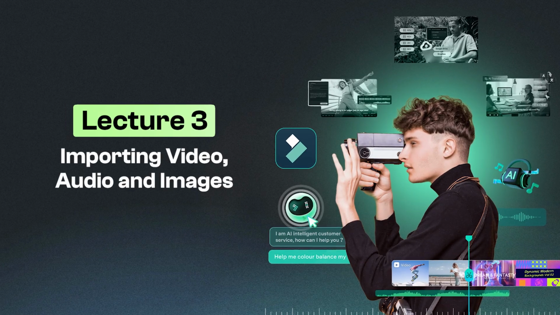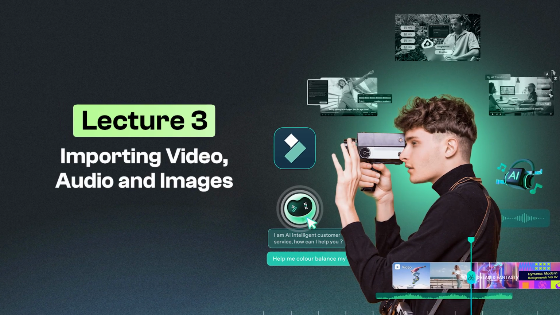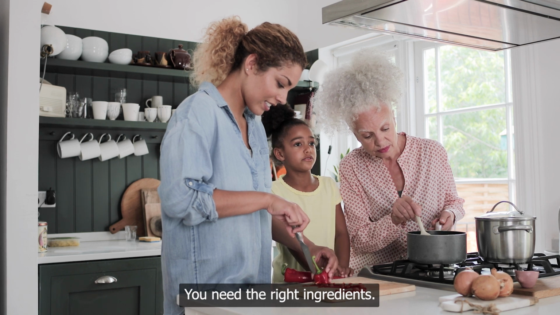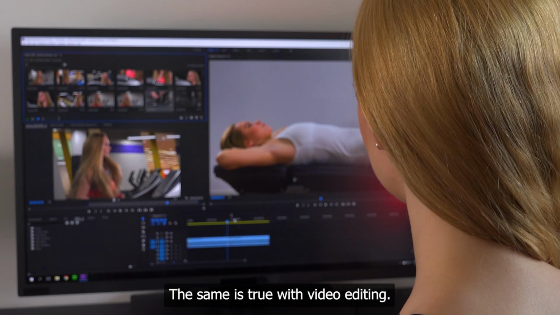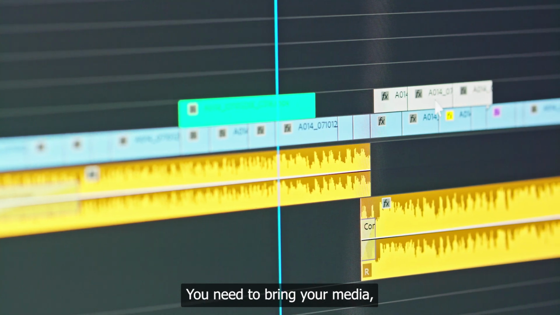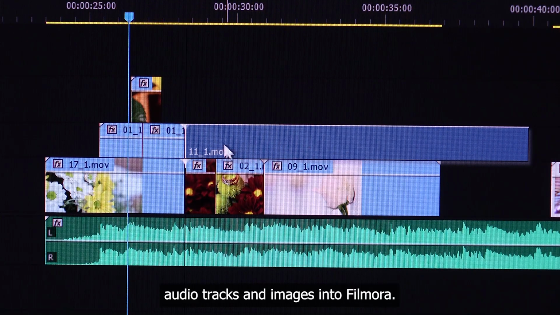Lecture 3: Importing Video, Audio and Images. Think about it: before you can cook a meal, you need the right ingredients. The same is true with video editing. Before you can cut, arrange or add effects, you need to bring your media, your video clips, audio tracks and